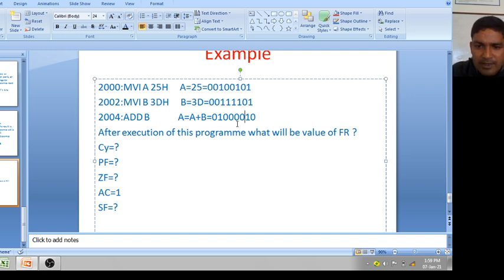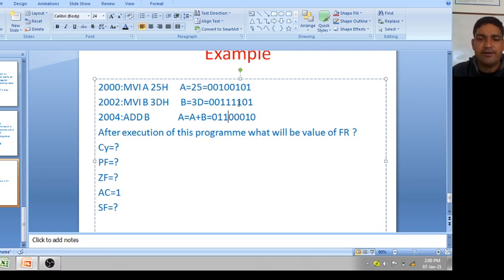Then 1 plus 1, this is 0. Now 1 plus 1, again 0, 1 carry generated, so this is 1. Now 1 plus 1 plus 1, this is 1. Okay, and then 1 plus 0 plus 0, 1, this is your result, 0, 1, 1, 0.